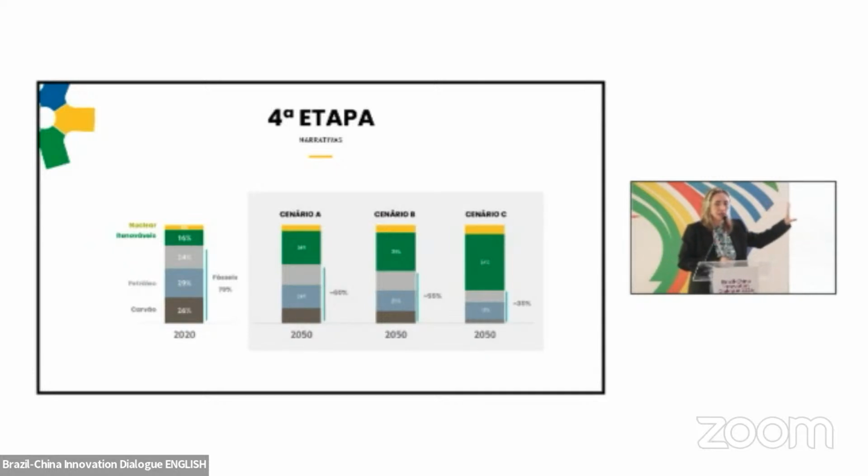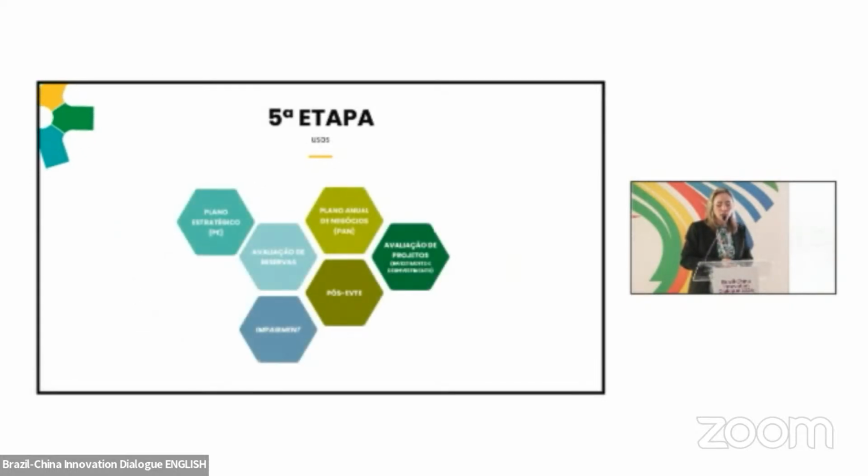Here we have one example of quantification. We quantify the energy matrix in the world. So these stories are materialized in numbers. In this case, we have different energy matrices with a composition between fossil and renewables, and each scenario has different oil prices. Each scenario has different amounts of biofuels, and CO2 emissions that are different also. So we have all this calculation together with the scenarios.